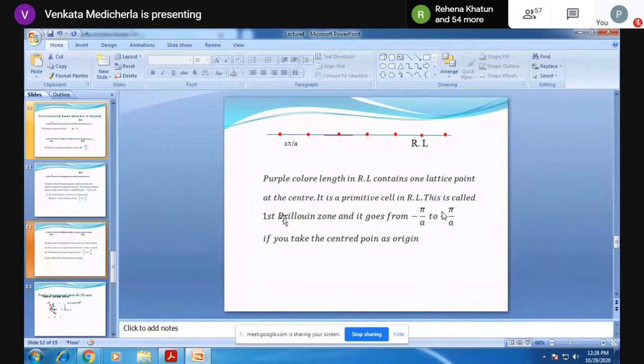It is symmetric and primitive. But it's difficult to use it because it can have very odd shapes, very complicated shapes in 3 dimensions. That's why it's not much usable. But its analogical entity that is called Brillouin zones are very well used in reciprocal space. Okay, that this goes from -π/a to +π/a in one dimension. First dimension. Now let's look at your